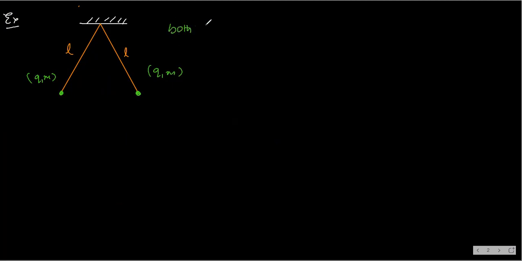Okay, let us see one question. Let's suppose here we have a pendulum, or you can say we have two charged particles hanging with threads of equal length. Let's suppose this is L, normal representation, and they are having some charges and some masses, because we know that charge cannot exist without mass. So let's suppose both have charge Q and mass M, and let us say both are of the same nature. Let's say both are positive charge,